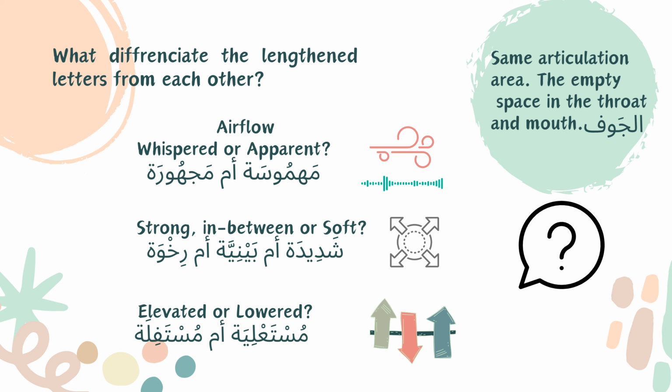As I mentioned before, we are going to say the letter in sukoon, the alif or the waw or the ya. So we are going to put a letter before them, and this letter has a fatha, or a dhamma or a kasra. And as I mentioned, we're going to put hamzat wasl, so it becomes a hamza. So we are going to say